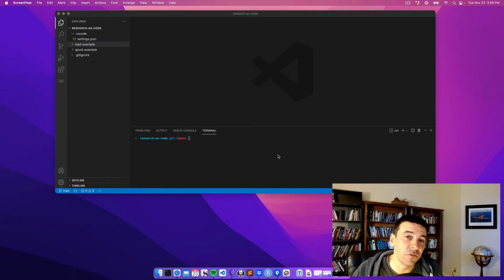What if every single time you saved your code, one code file anywhere in your project, your entire project from start to finish rebuilt itself? Every table, every figure, every number, your paper, so that you could make the slightest change. If there was one data point wrong in your data set, you could fix it, save, and your paper with all of its dozens of charts and tables and figures would regenerate itself instantly.